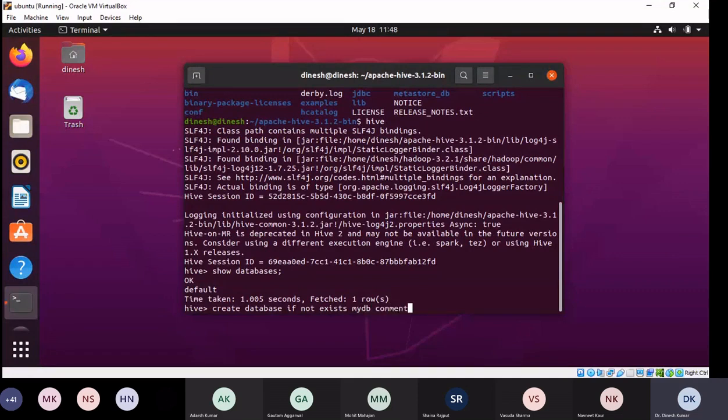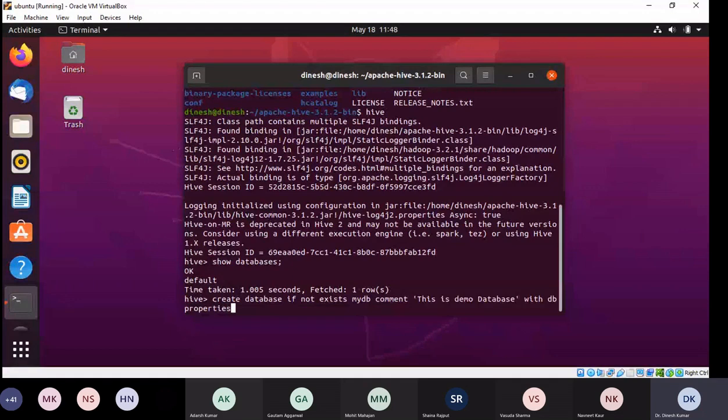Then we can also give WITH DBPROPERTIES, just for the sake of demonstration. Here we will define the property, created by, one property that I have created.